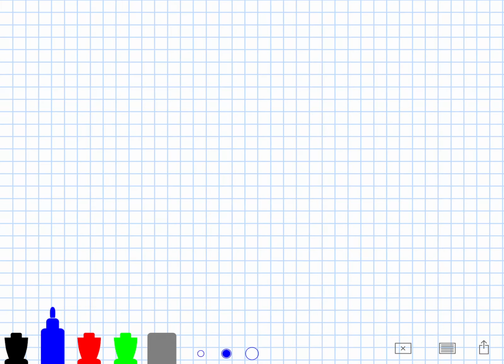So talking about that, find the slope of each line. We've practiced these a lot of different ways. Number one says find the slope of the line,